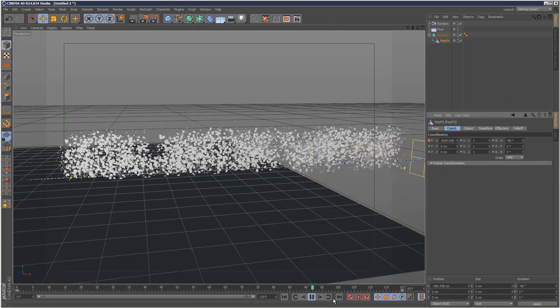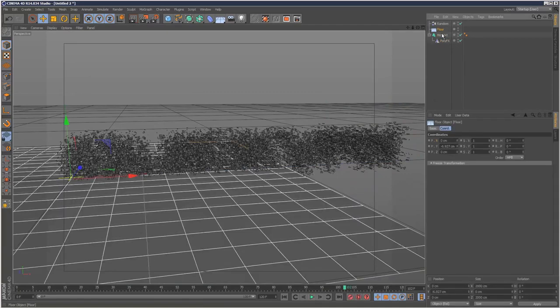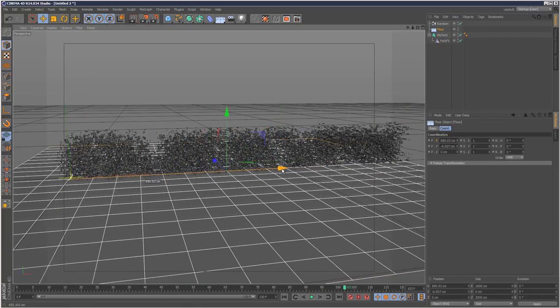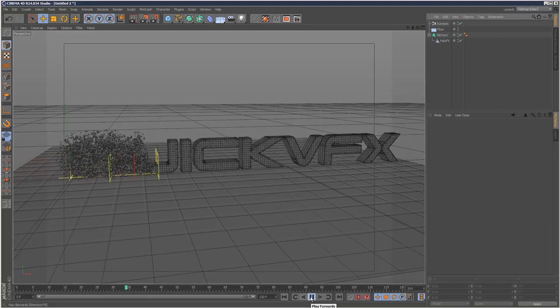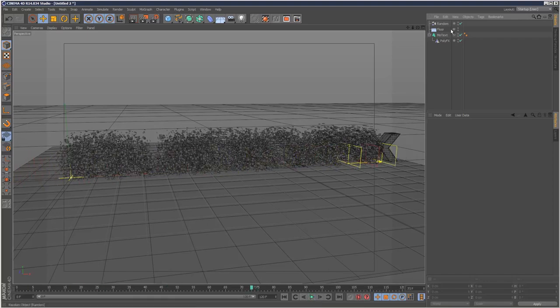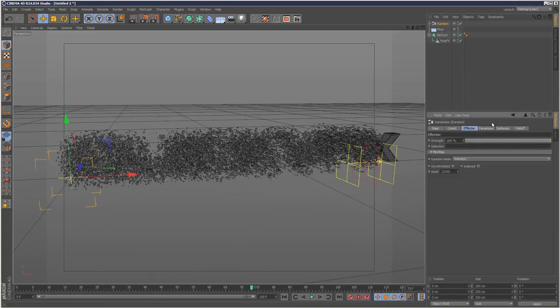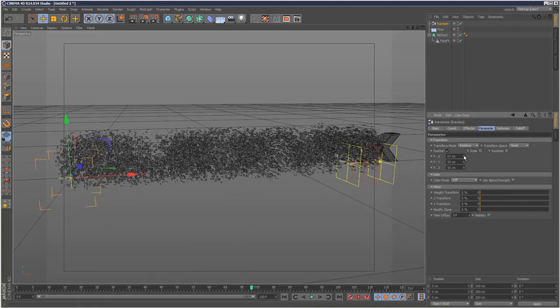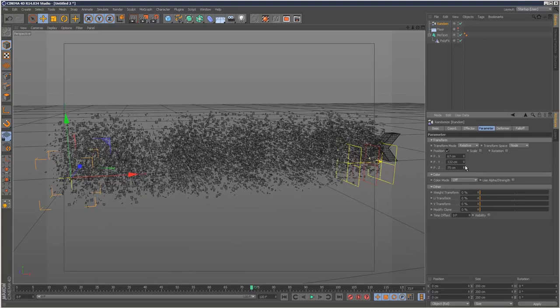So right now it's quite static, doesn't look like much. I'm just going to move this floor. Just going to hide the floor from the viewport. Okay. In random, you can obviously tweak the settings slightly, so I think I might go for more Y, Z, add some rotation so they're not so